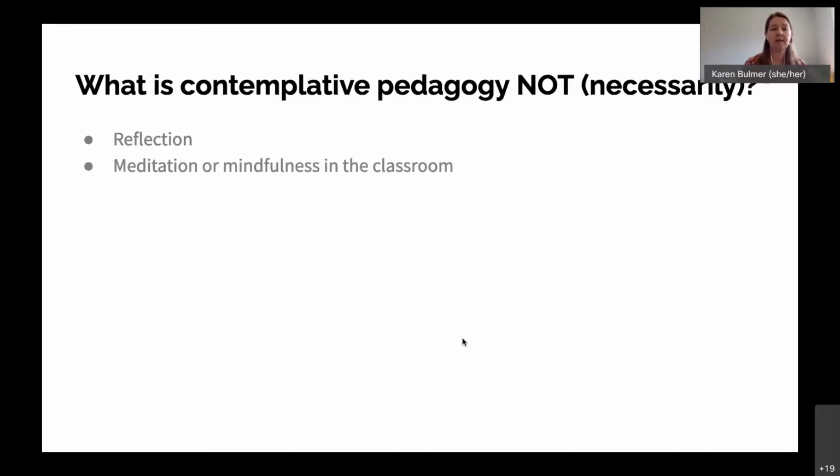That's important because meditation is not up everyone's alley. You can be interested in contemplative pedagogy and not necessarily be interested in mindfulness or meditation. Contemplative pedagogy isn't linked to a belief or a set of beliefs.